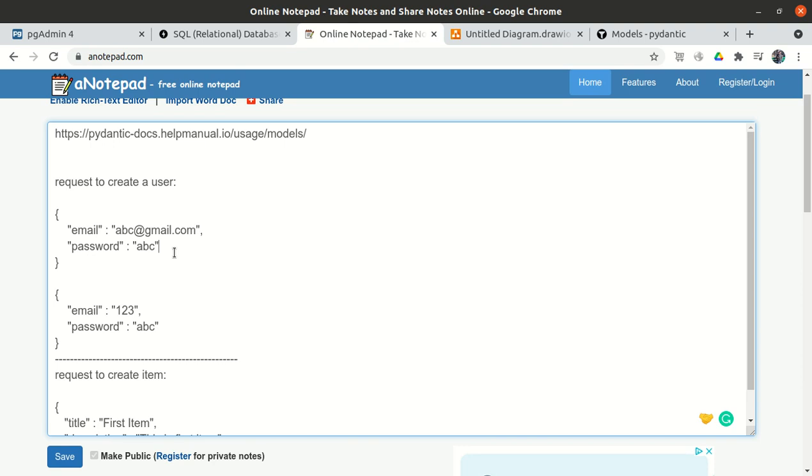But as FastAPI says, by using the FastAPI framework, we can do the development very fast. So FastAPI provides the pydantic approach. Using the pydantic approach, we don't have to worry about what the user is passing. We can just create a pydantic model, and we can define what the email type could be, what the password type could be.